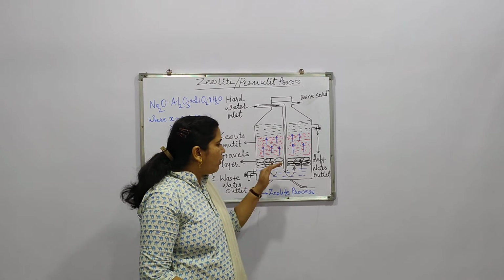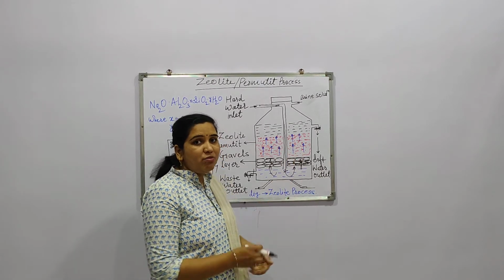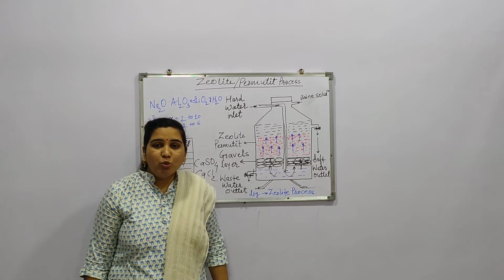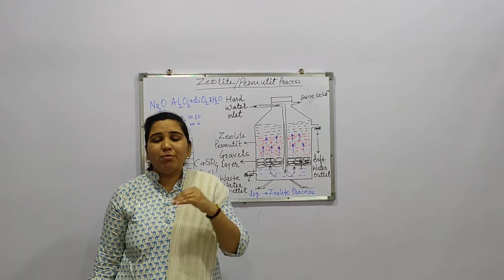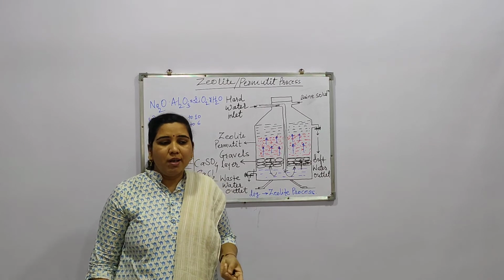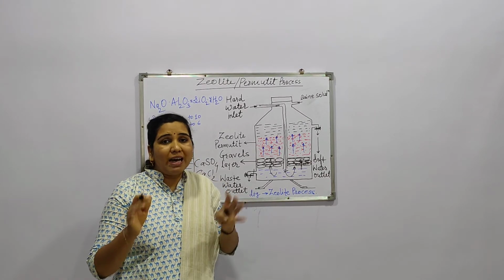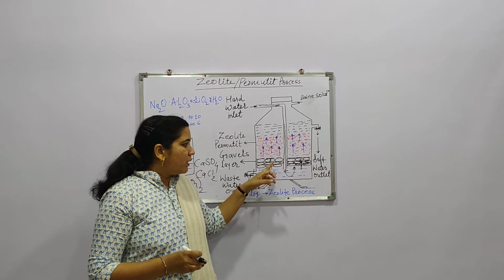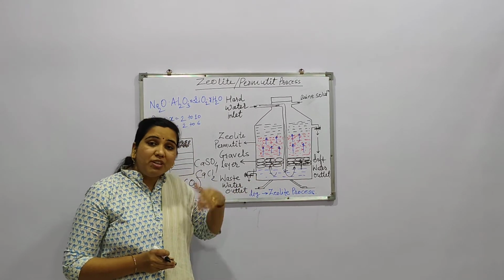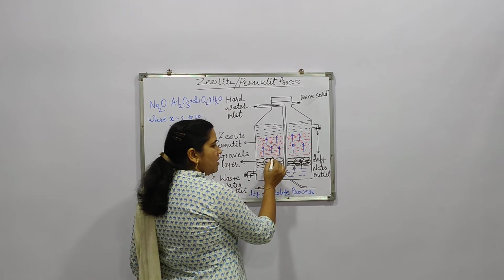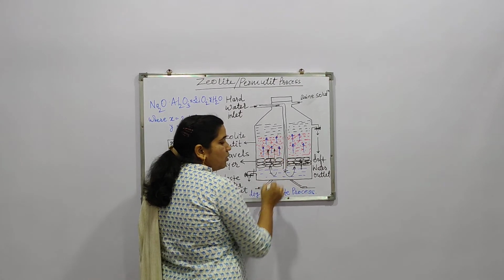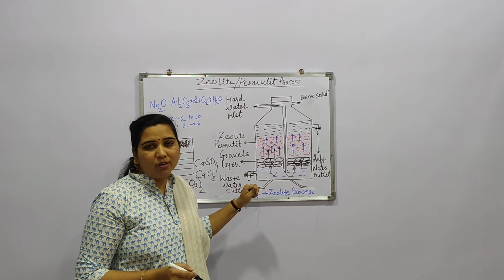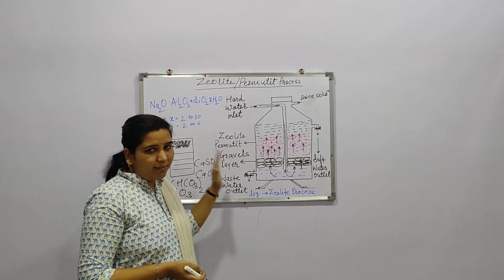Whenever this water moves toward the upper side, first of all it passes through this particular bed of gravel. During passing through the bed of gravel, if there are any physical impurities like dust, mud, somewhat large size impurities in the water, they will be removed by this layer of gravel. After that, the water moves toward this zeolite bed. During passing through the zeolite bed, all the reactions occur. We will see those reactions after this.